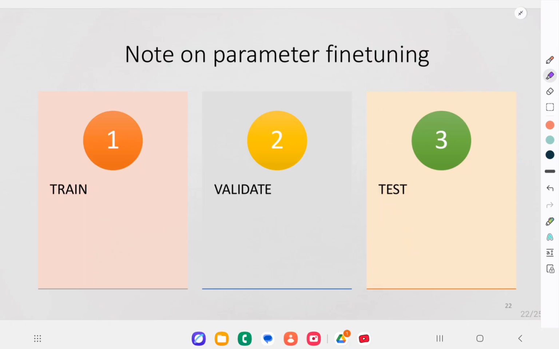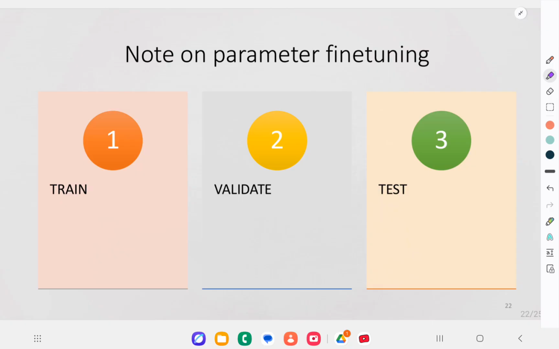So think of the depth of the tree. This is a hyperparameter that the designer or the developer chooses, right? These settings can have a huge impact on the model's performance, okay? If the tree grows too deep, then it might fail to generalize to new data. That's a problem called overfitting, okay? And if it's too shallow, then that's another problem called underfitting, where the model is too simple to fit the data, okay? So how do we choose the right parameters and hyperparameters, sorry?